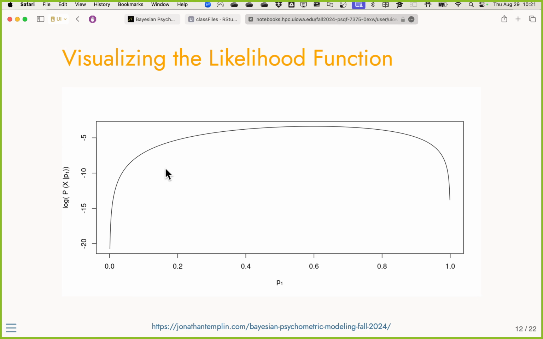Remember, this is the probability we would roll a 1 given just our data itself. And I went and calculated this for all values of probability between 0 and 1 in, I think, 0.01 increments. And this is our likelihood function. If this was a maximum likelihood estimate, we would find the maximum of this function, which is somewhere around here, draw a line down, and that would be our estimate of what P1 happened to be. And actually, in this case, we had 3 1s and 2 not 1s, so that would be 0.6. That maximum should be right about 0.6 in this case. Turns out the mean is an easy MLE for this distribution. So far, so good?